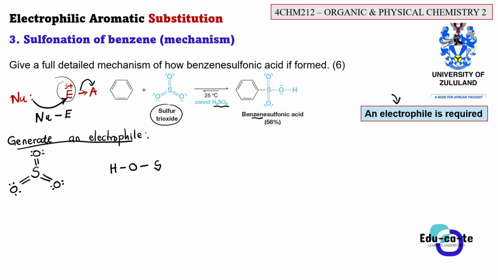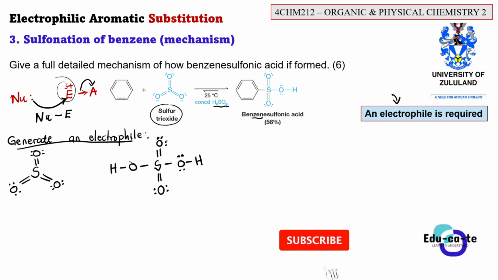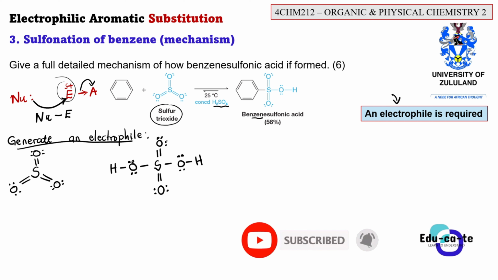Then this sulfur, which is our central atom here, is double bonded to an oxygen there, then is also double bonded to another oxygen, then another OH group here. You can just confirm if the structure is correct, because it's supposed to have 2 hydrogens, 1 sulfur, and 4 oxygens, because it's H2SO4, right? Then these oxygens are just having those lone pairs because they're perfectly neutral. There's nothing wrong with them. So each and every oxygen here is having those lone pairs, and those lone pairs are repelling each other. So here, to be able to generate our electrophile, what is going to happen?